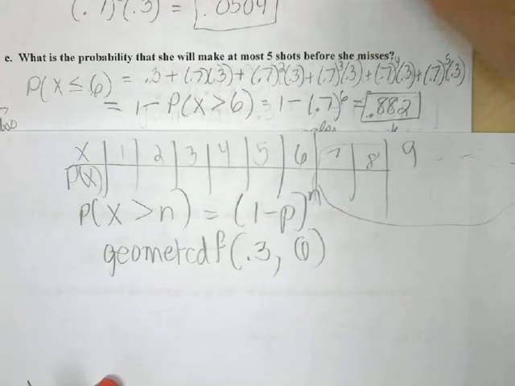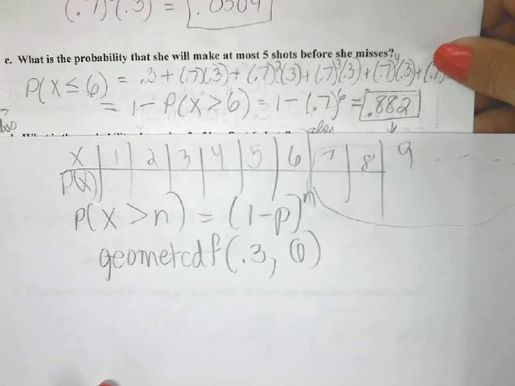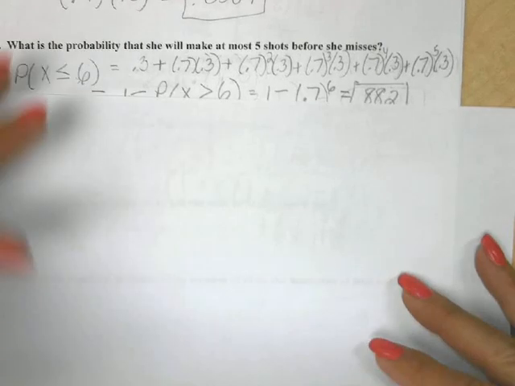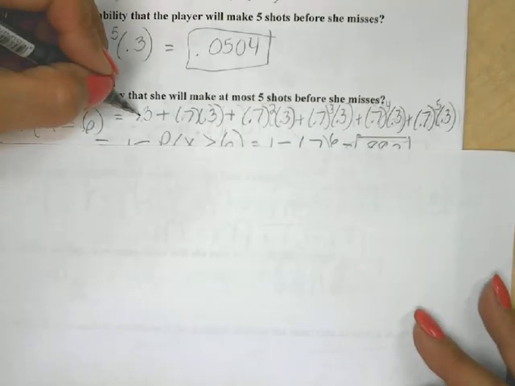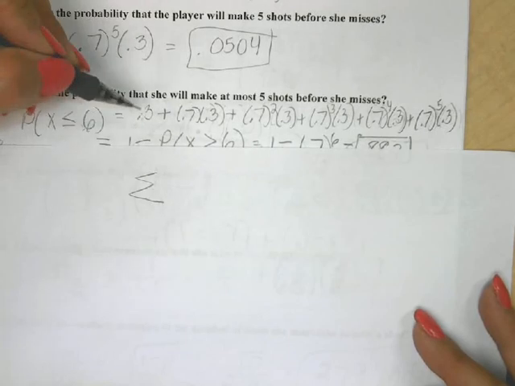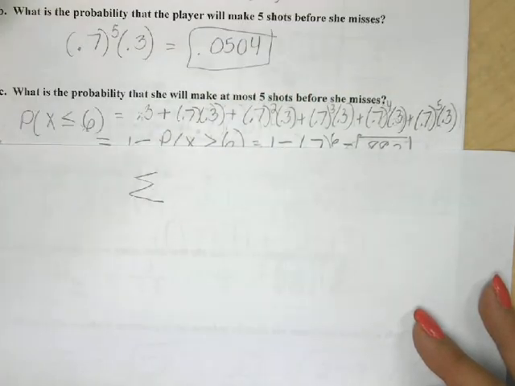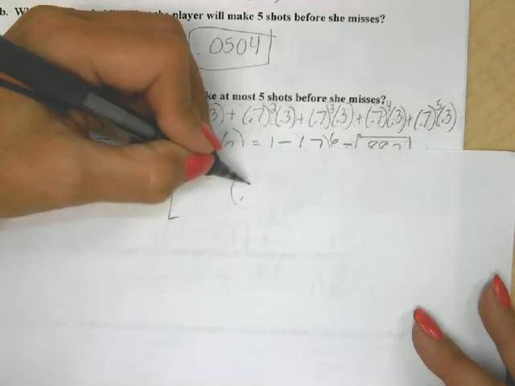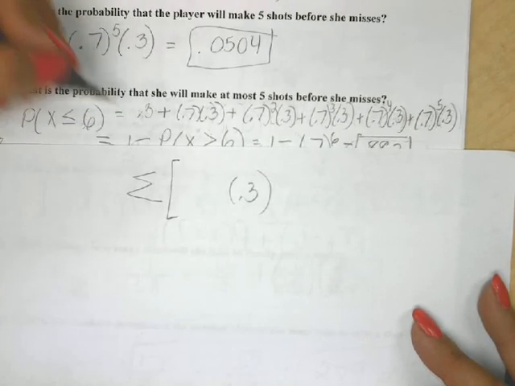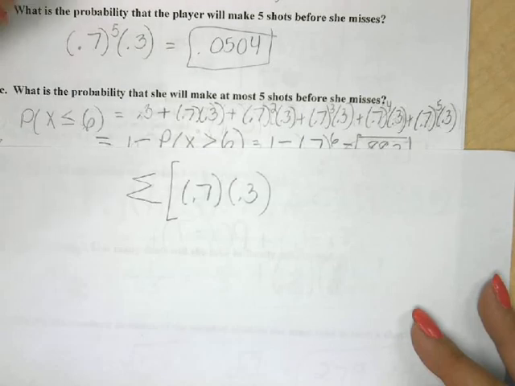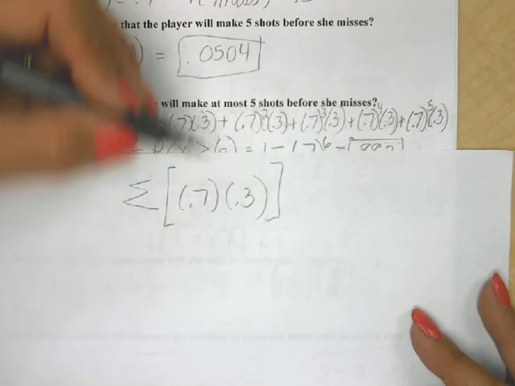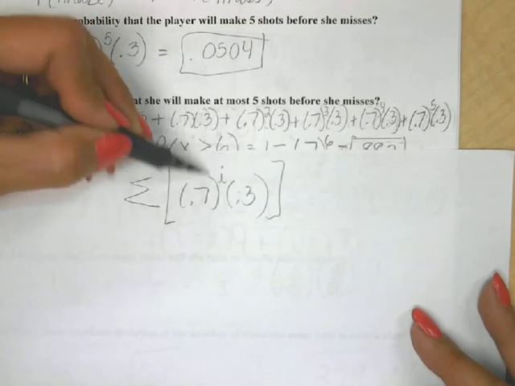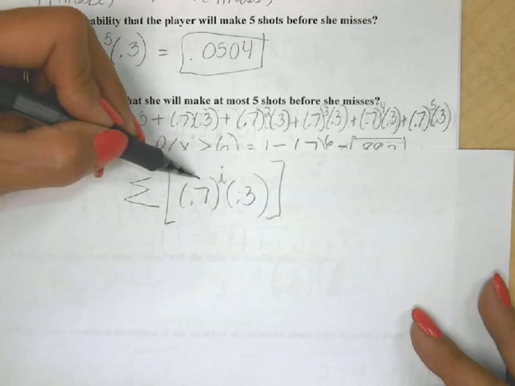We can do this a couple different ways to write the sigma notation. I have one way down, and I can jot down another way too. If we write down each time in our sigma notation, we know we have 1, 2, 3, 4, 5, 6 terms. So we could say every single one of those terms has a 0.3. I'll put that at the end. And then all of them but this first one has a 0.7. And we know that we're multiplying a whole bunch of 0.3s times 0.7 to the power of how many times we basically missed or didn't have the success, and then finally got this one.